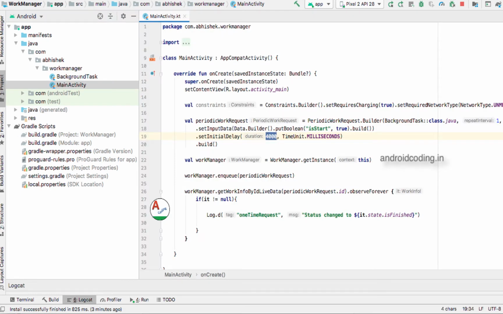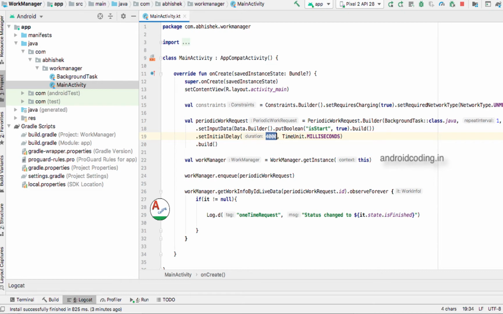Periodic work request. Whenever you want to perform a task in a periodic way, periodic meaning frequently, we use Work Manager with the periodic work request type.